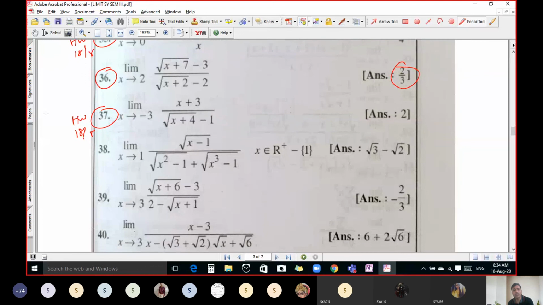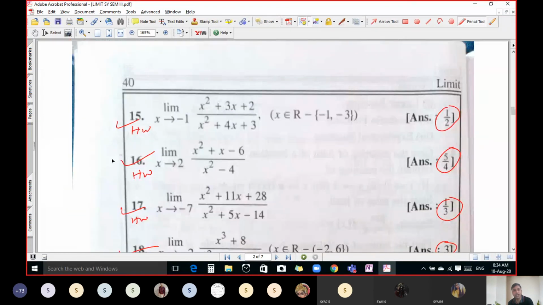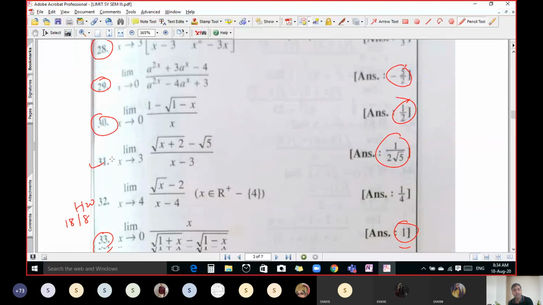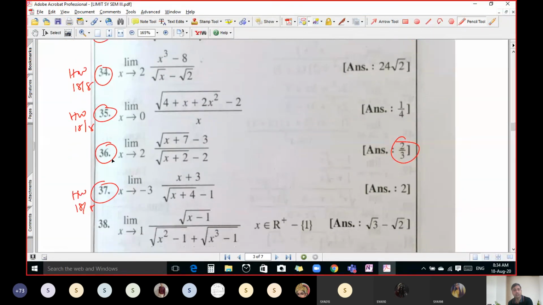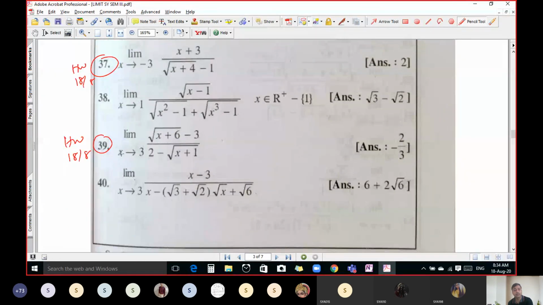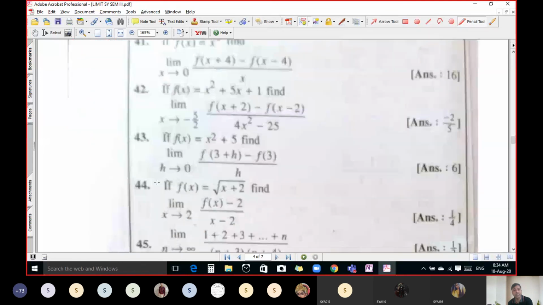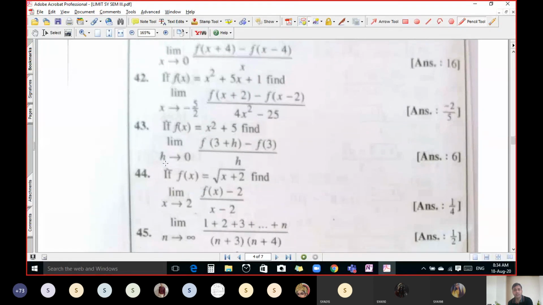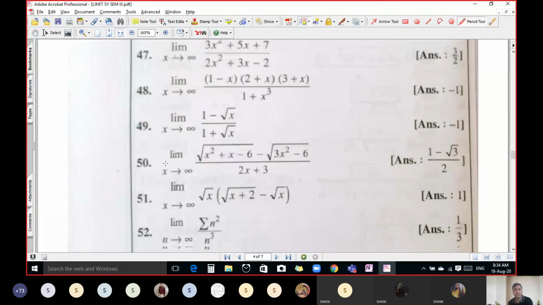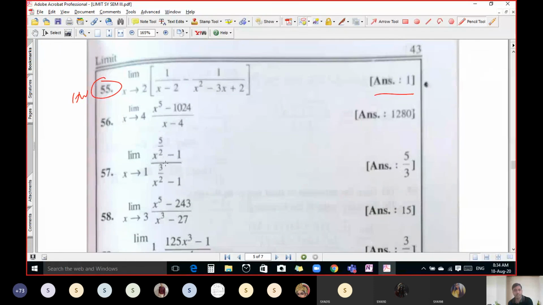Whenever you have this type of situation, square root in the numerator as well as the denominator, you can rationalize 2 times. Question number 39 is the same as this, so consider that your homework. We will discuss question number 38 and 40 in our next lecture, because both 38 and 40 are good questions. These are all slightly different questions, so we will discuss all of them in our next lecture.